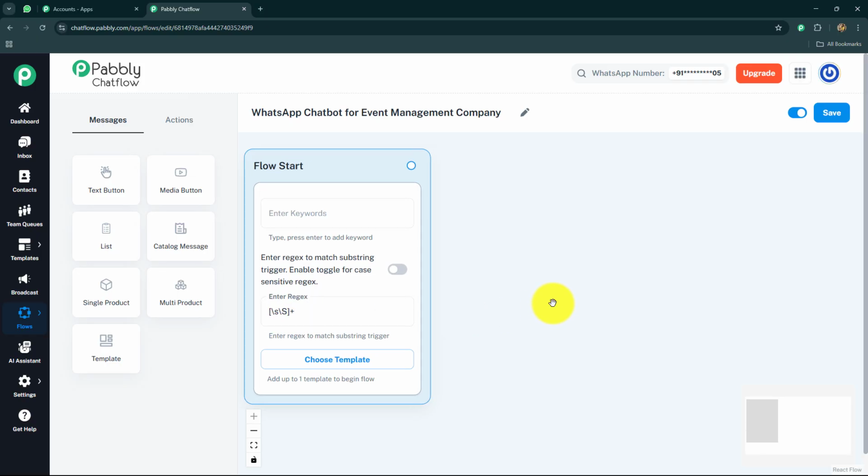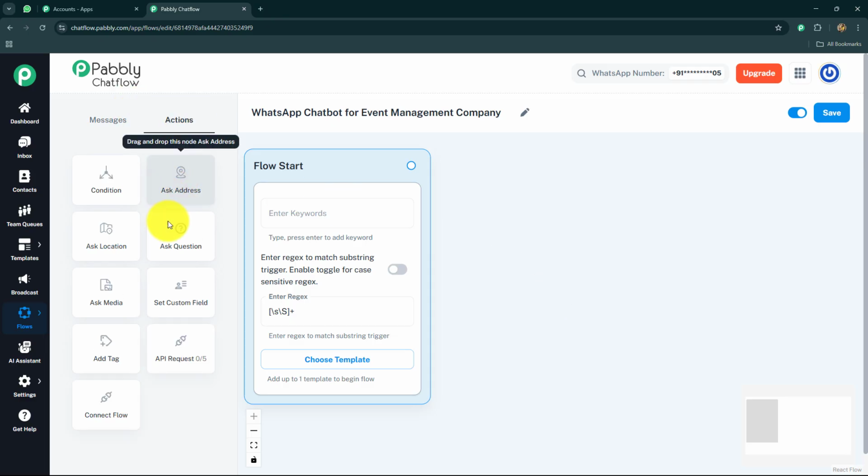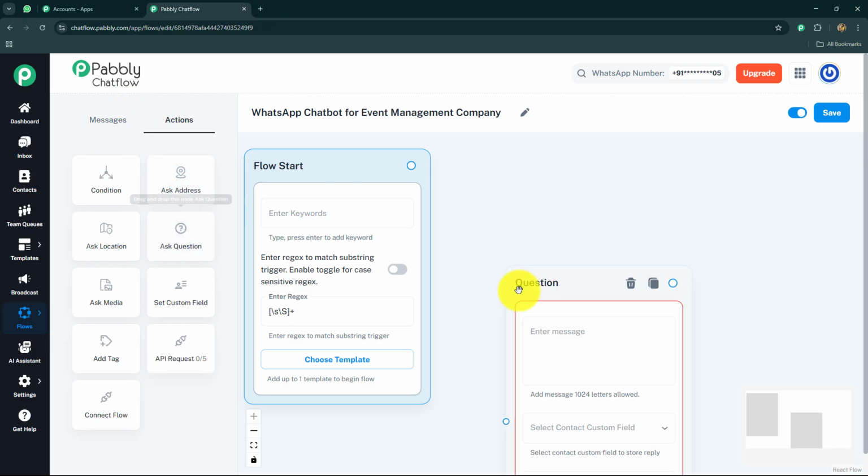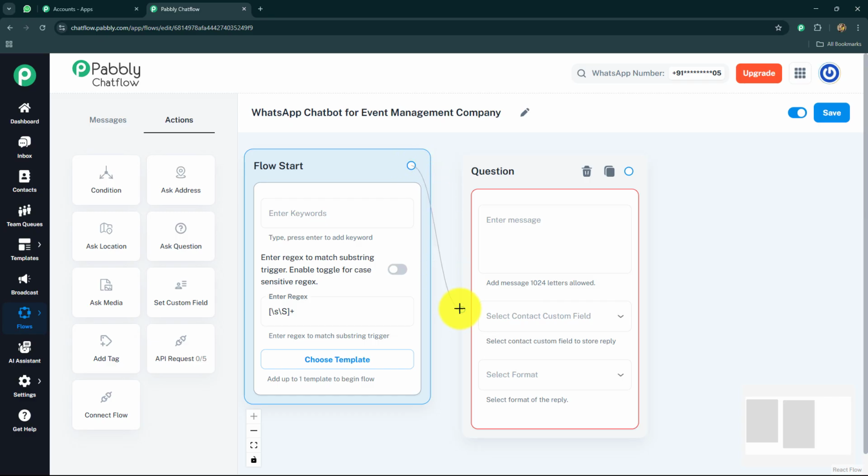As soon as I receive any message from my customer, client or lead, I want to ask the name of that person so that I can communicate with them further by addressing them with their own name and make my communications more personalized. To ask the name, I'm going to select the ask question option and drag it down like this. Further, I'm going to connect it with my flow start, and here I'm going to send them the message as,